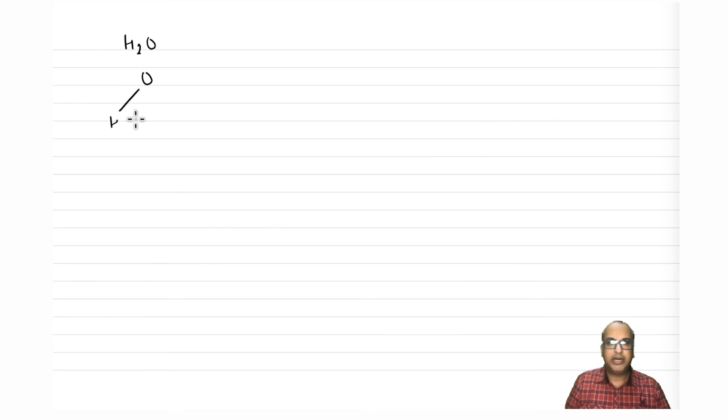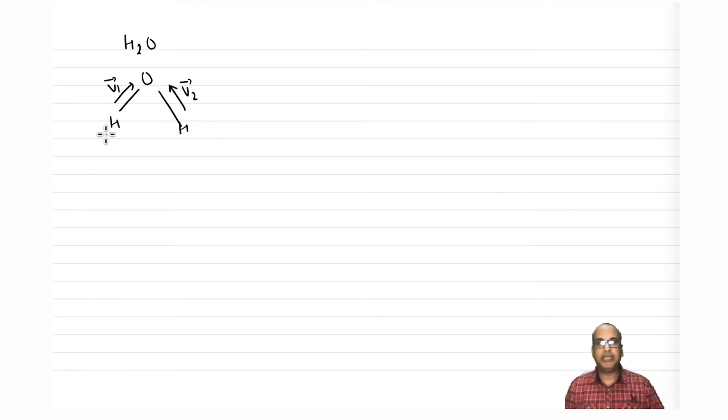Let us ask ourselves, let's again take an example of water. Let me draw this. Let's say I change the basis set now to something else. Earlier my basis set was XYZ, so I got a 3 cross 3 matrix representation. Now let's say I'm choosing this vector V1 and this vector V2 as my basis set.